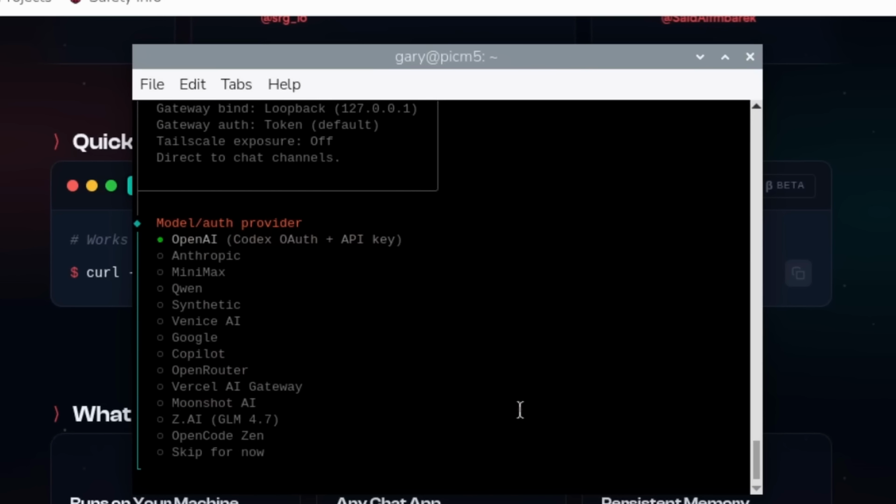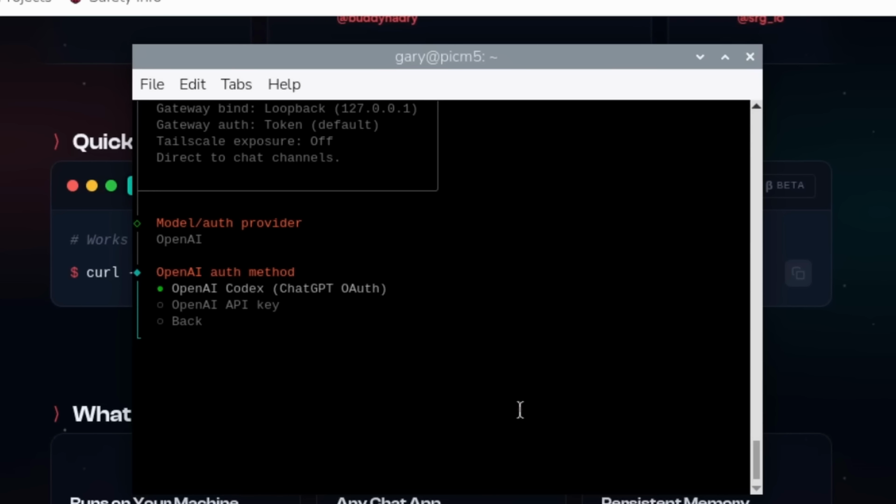And at one point, you're going to need to set up which large language model you're using. Now, you can use all of the popular models. For me, I've got the OpenAI Plus subscription, so I get access to Codex, OpenAI Codex, and the great thing is this can actually use that. Now, if you use one of the APIs, then you're going to get charged for so many tokens. That's fine because if you use the right model, that's not very expensive. But I like the fact that I can use my OpenAI Codex model, I can authenticate with that, and then